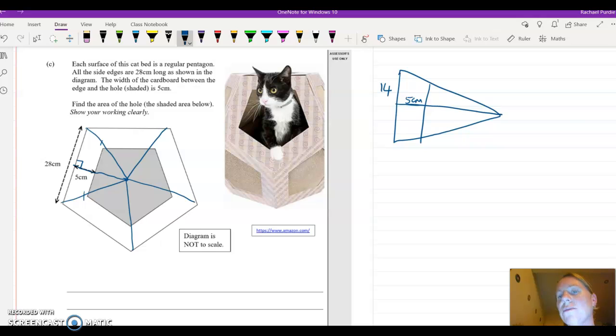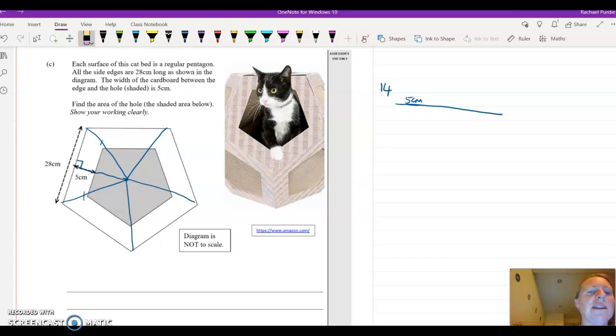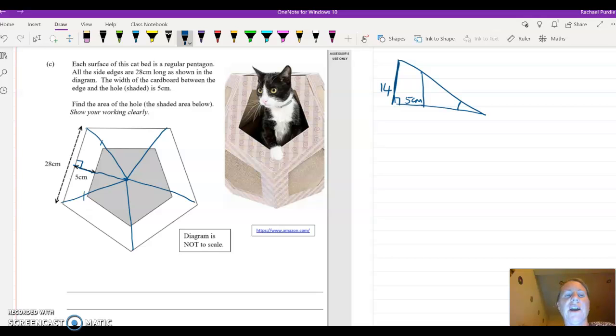So for my right angle triangle, let's get rid of those edges and just deal with the right angle triangle. That's going to be something that we can deal with, because we can deal with right angle triangles. The issue, of course, is that at the moment we've only got that funny 5 centimetre length there. We've got the length of this side here, but we don't have any other measurement to go from. This 5 centimetres isn't really any help right now. It's not going to help us find anything out. However, as many of you realised, we can